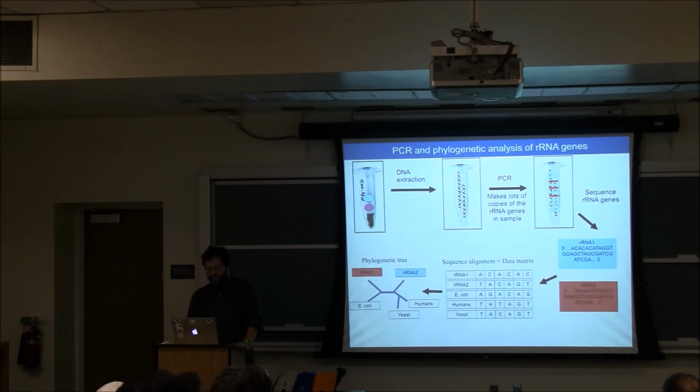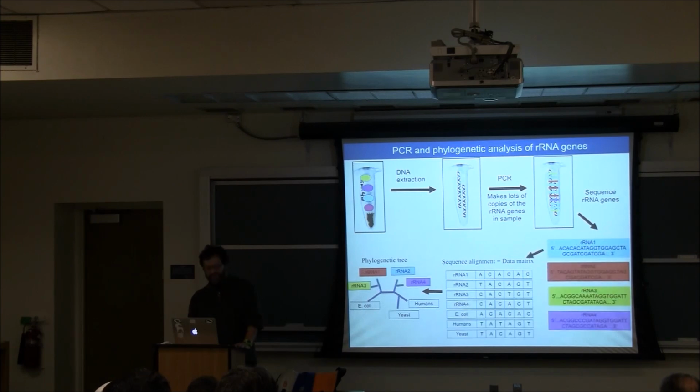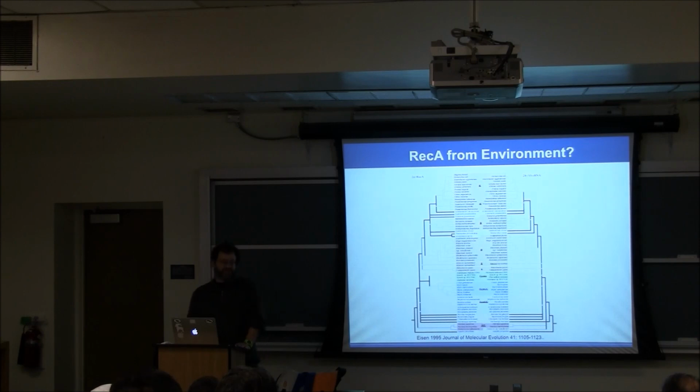So what I really wanted to do was take what people were doing with ribosomal RNA, which was going to environments not just where there was one organism like the symbionts, but two organisms, and you could say something about the diversity of those two organisms, or four organisms. You could say something about the diversity of the four organisms, and so on in environmental communities. And I really wanted to try to do this with Rec-A, and I spent a lot of time designing degenerate PCR primers based upon the conserved amino acid sequences of Rec-A to try and use this from environmental samples.